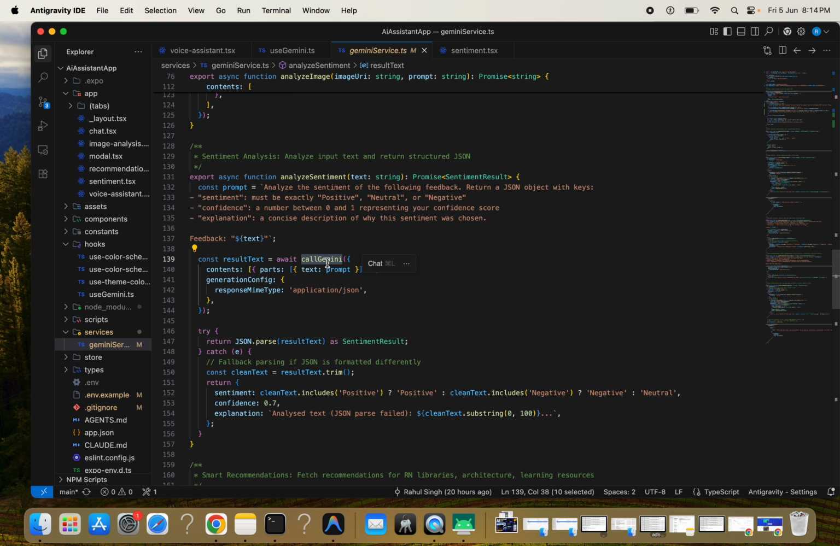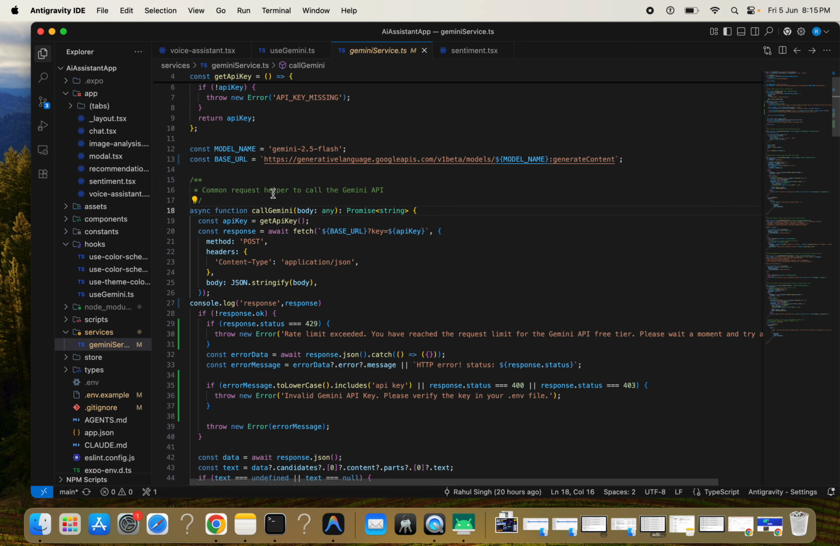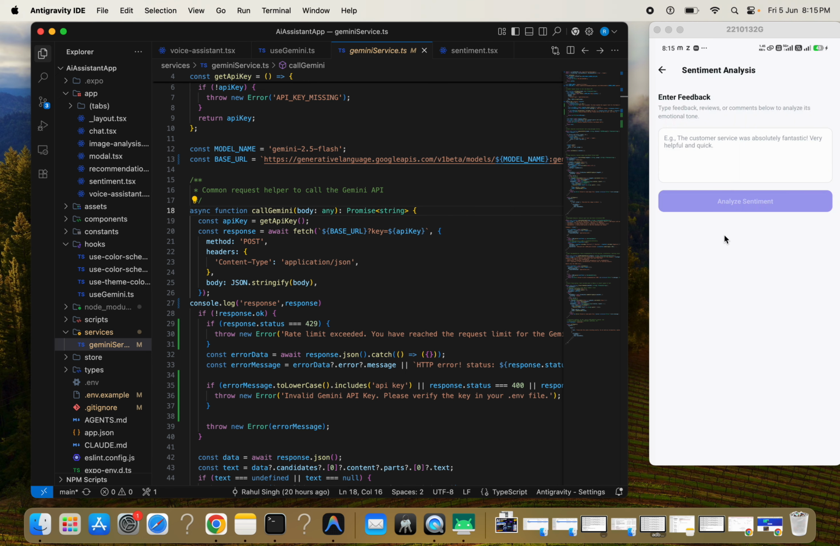we need to call the Gemini function again, and inside we need to pass the content part and the text value, meaning we need to pass our prompt. Okay, and then because we are expecting data in JSON format, you also need to pass the generation config. Okay, after that it will go again to this function and provide the response, then it will show at the bottom of the analysis